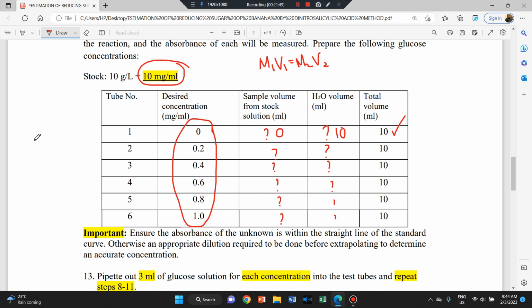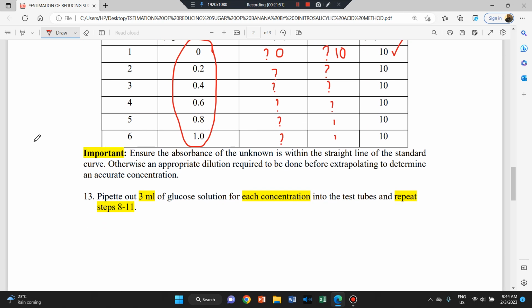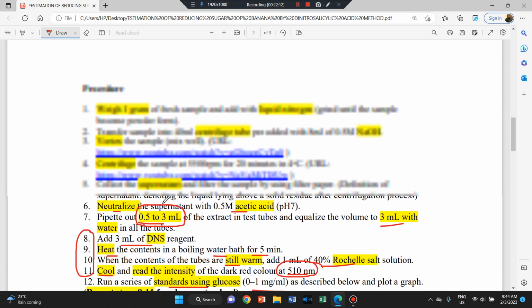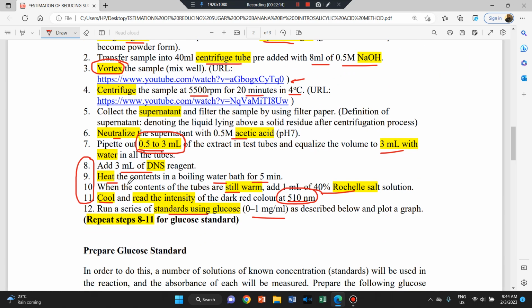Okay, so once you have done, it says here you take 3 ml only. Although you have prepared 10 ml, you take 3, and maybe you need to repeat. You can use the other 7 ml later. But if not, just take 3 ml and then all the 6 test tubes, you repeat steps 8 to 11. Same thing, add 3 ml DNS, heat it for 5 minutes, and then add the Rochelle salt while still warm, and then cool down, and then finally read the intensity of all the concentration to find out what are their